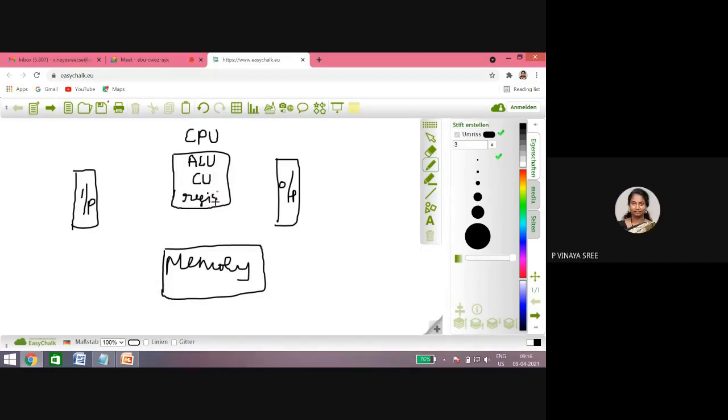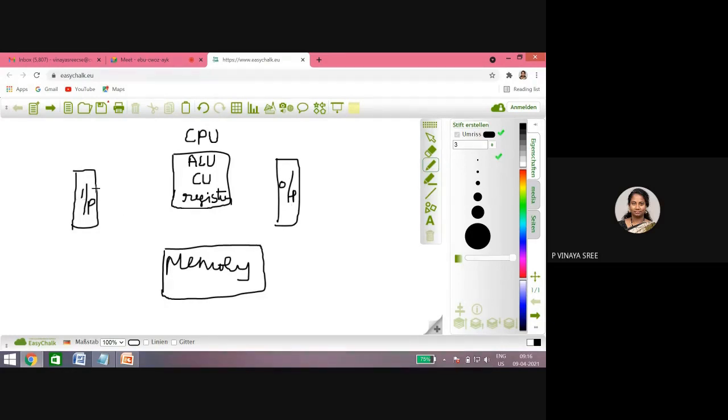You must know what happens when you give an input. This flow, if you know, then I can start the explanation of unit 1. Whatever programs you are writing will be stored inside a memory. You can give your programs with the help of external peripheral devices called input devices, or if you want to see your output, you will be using output devices.